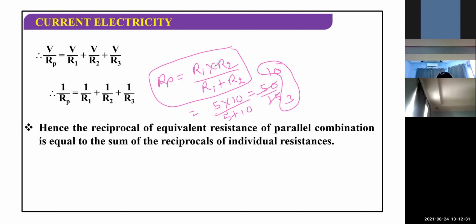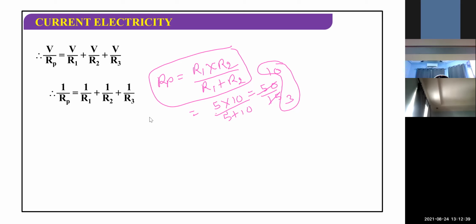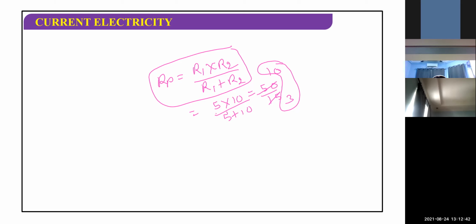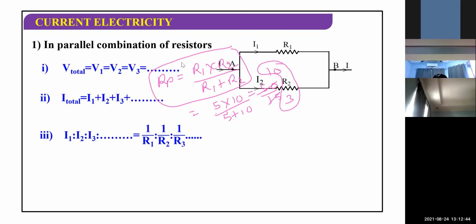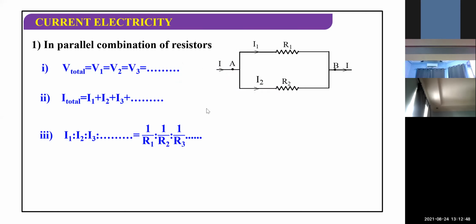What is the time now, children? Still we have 2 more minutes. Okay, I want to show you another slide, children, before we end this class. And this one, yeah, this is just the conclusion. You note down. In parallel combination, voltage is same, but the current divides; the total current produced by the battery is the sum of individual currents passing through the different resistors.